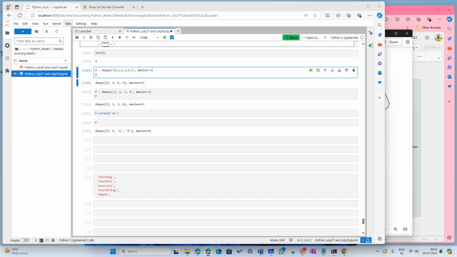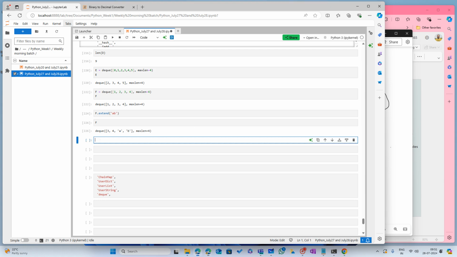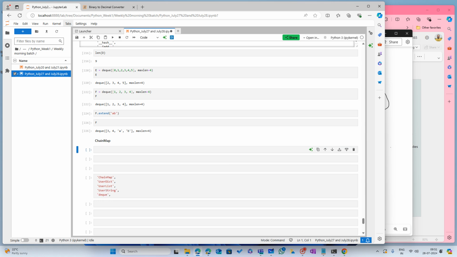Okay, so this is about queue. Next we will see something called chain maps. Okay, let me create a chain map first. I will explain. Let's just say I have a dictionary first called apple, and then I have 1,